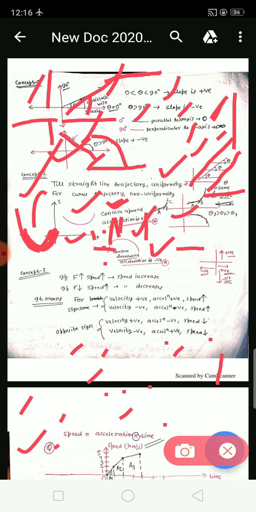Keep in mind always, if in a displacement time graph there is a graph which has a concave nature and it is upward, it means that acceleration will be positive. Don't try to find the slope first, then get the velocity, and then draw the slope again to get the acceleration, because that will waste your time. As a shortcut, what I am telling you is: if it is concave upward, acceleration will be positive. If it is concave downward, acceleration will be negative.